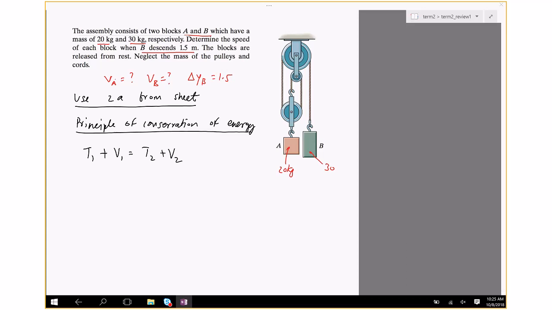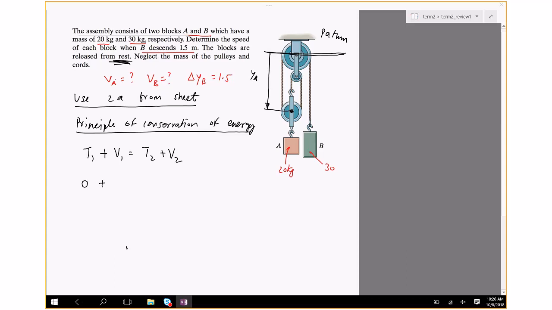Okay, so initially the blocks are at rest. So initial kinetic energy is 0. To find the potential energy, I need to have a datum for gravity. So let's see. Okay, let's choose this to be the datum. And then I'm going to write variables to describe the motion of this point. Let's call that y